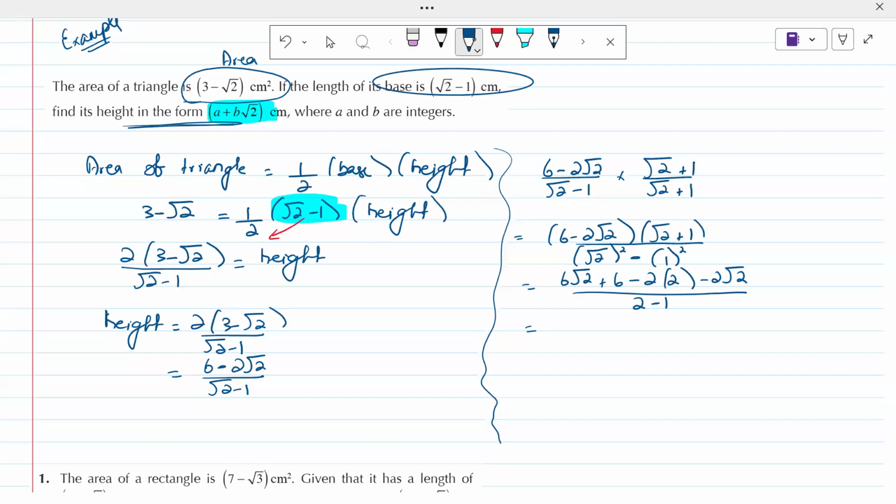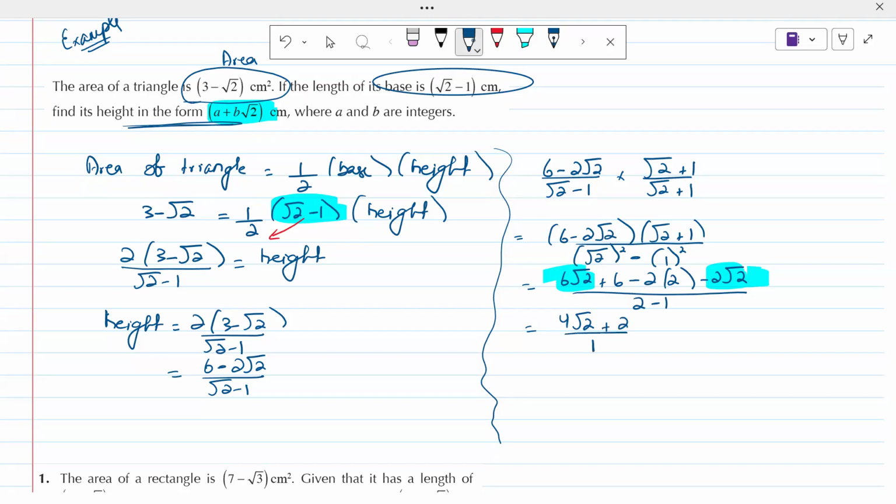Simplifying it further, the like terms 6 root 2 and minus 2 root 2 can be added together, giving us 4 root 2. And then 6 minus 2 into 2, 4. So 6 minus 4, that's 2